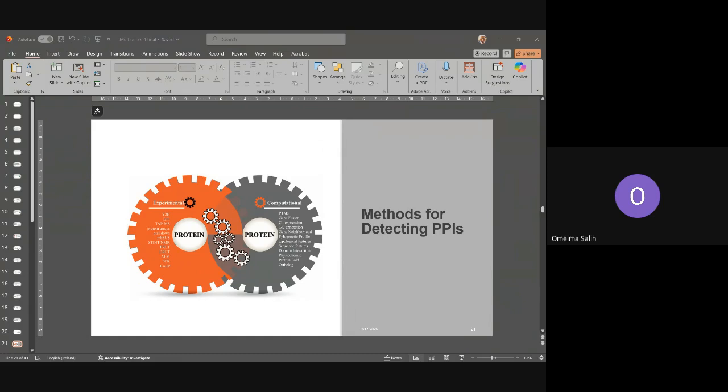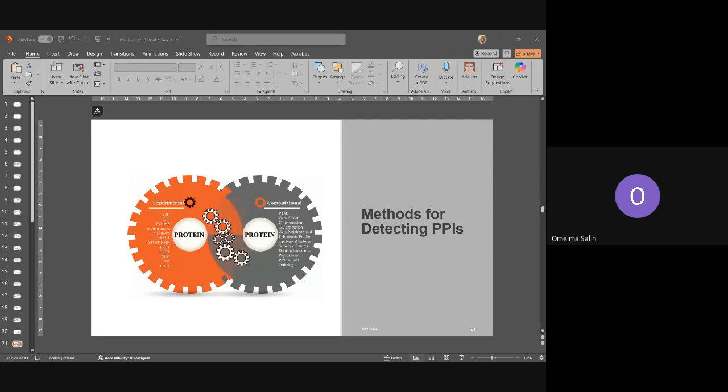So in vivo, within the cell, as your colleague mentioned, or within a live animal or a plant, a live cell, okay? And even if you are using a tissue culture, once you are using a cell, this is considered in vivo, even if you are doing this within a lab. So as long as you are using a live cell, a mammalian cell or a whole animal or a plant, these are